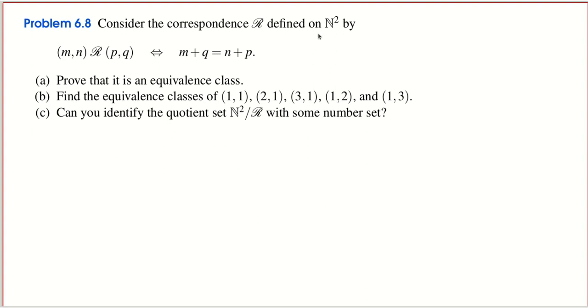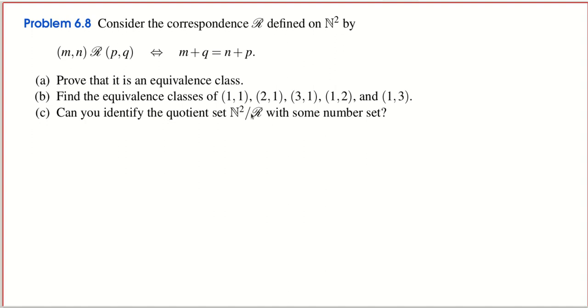Here we have the set N squared, so N times N, where N is the natural numbers. And we define this correspondence in this Cartesian product of N and N this way. So this pair is related to this pair if this relation holds. We have to prove that this is an equivalence relation, okay? And then we have to find the equivalence classes of these numbers. And finally, we have to identify the quotient set N squared over this